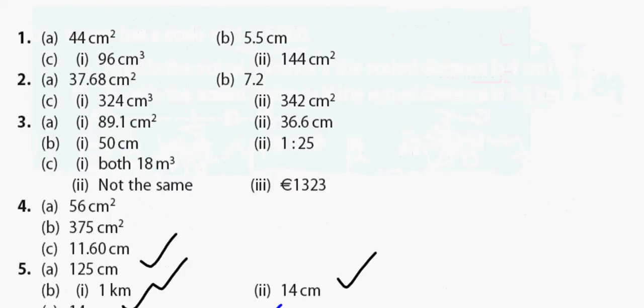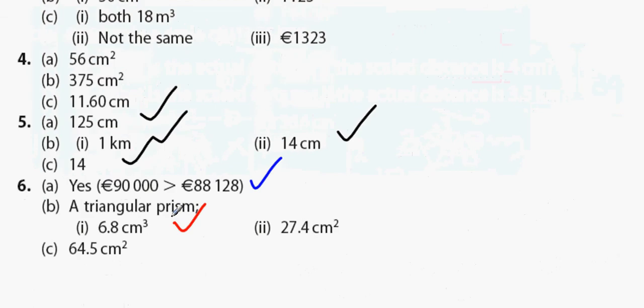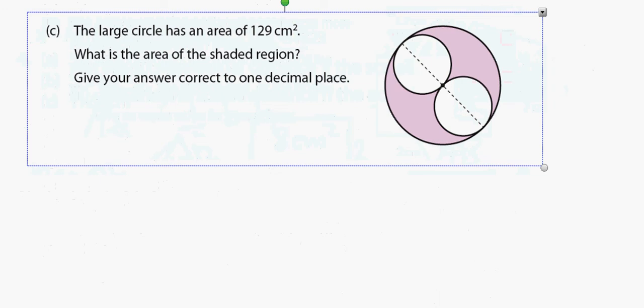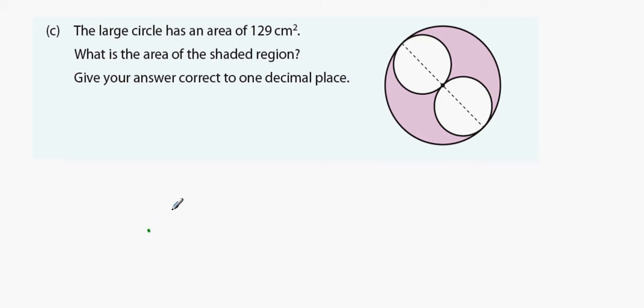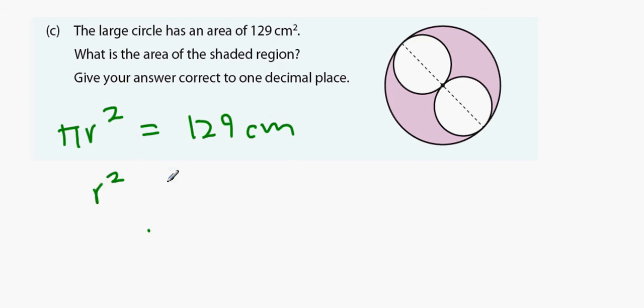Now we're on the last question. The large circle has an area of 129 centimeters squared. What is the area of the shaded region, correct to 1 decimal place? So the area of the big circle, the area of a circle is pi r squared, and that equals 129 centimeters squared. This means that r squared is equal to 129 divided by pi. So r squared, and this is the radius of the big circle, equals 129 divided by pi